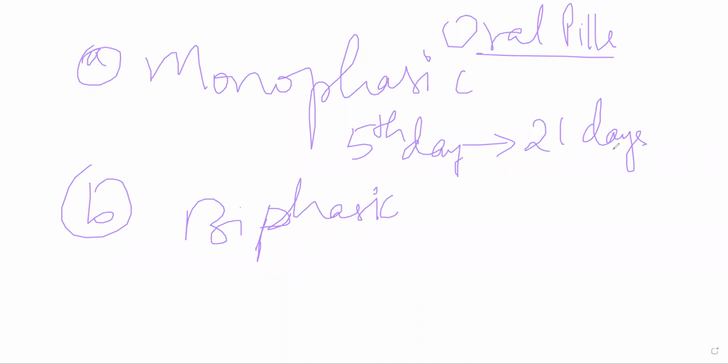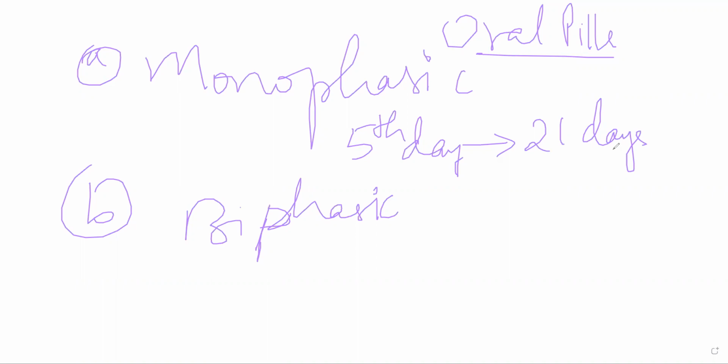So give your body a little time to adjust. And again on the fifth day, you start the new cycle again. Again, you start taking these monophasic pills. Now, to reduce the amount of hormones that are needed, biphasic pills are being used nowadays, and these more closely mimic the effects of the menstrual cycle.